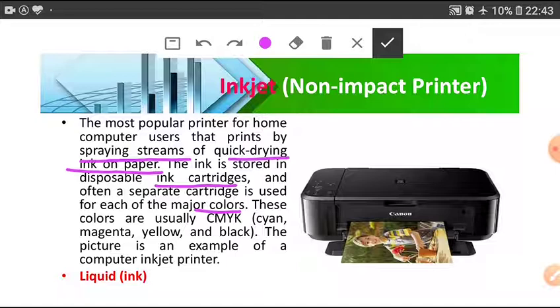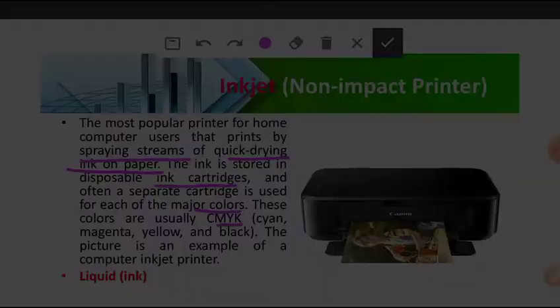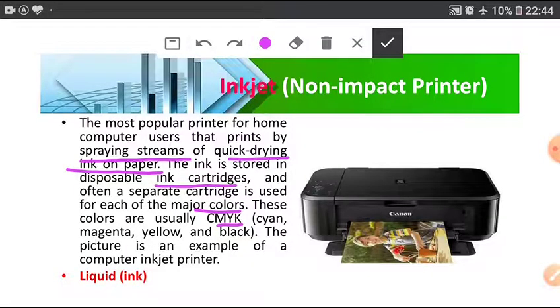These colors are usually CMYK, cyan, magenta, yellow and black. Basically there are 4 small tanks for these 4 colors CMYK. The picture is an example of computer inkjet printer. Ink type liquid. This is also called photo printer.